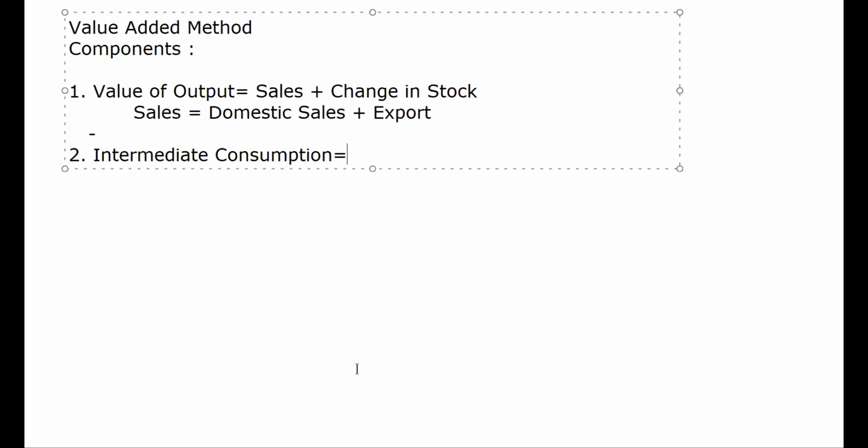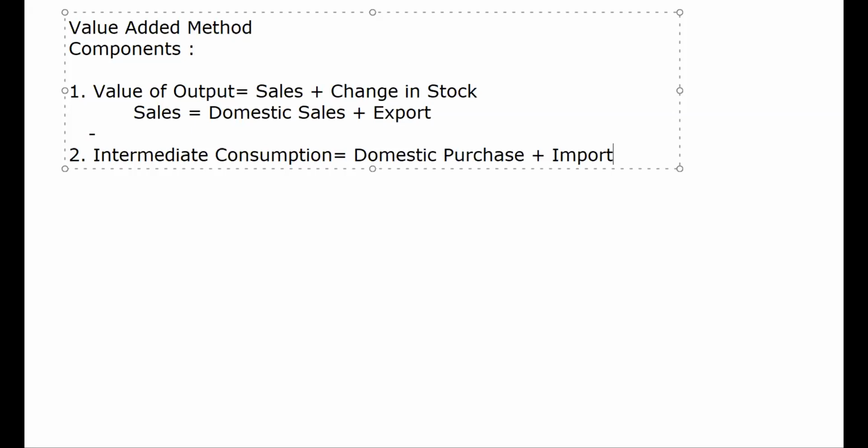It would be equal to domestic purchase plus import. These are the components of the intermediate consumption.